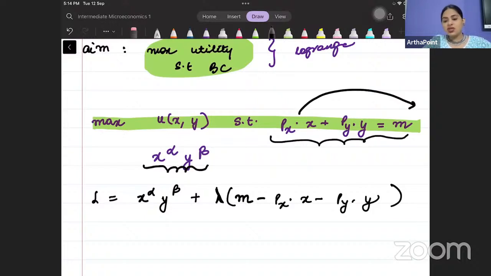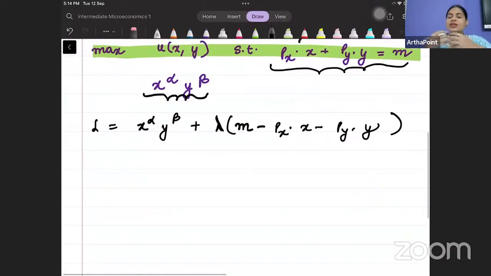Now, you must maximize this utility function. So how can I do that? Beta, utility kiske respect mein hai? What are the factors under my control? I can control how much good X I should consume and how much good Y I should consume. ये दो चीजें तो मेरे हाथ में हैं कि कितनी consumption करनी है. What is not under my control? I cannot control the prices of the goods and I cannot control the income of the consumer. So whenever you will differentiate this